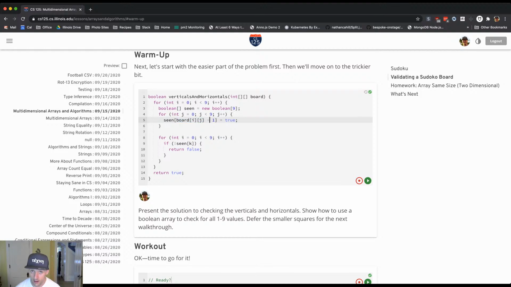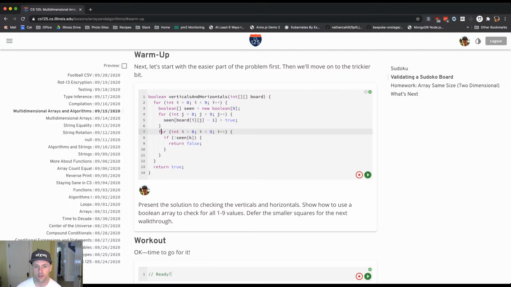I subtract 1, that gives me an index between 0 and 8, and I set that to true. Then what I'm doing here is I'm going through, and this should be K2. Sorry, this is the bug. I go through that array that I created up here, because